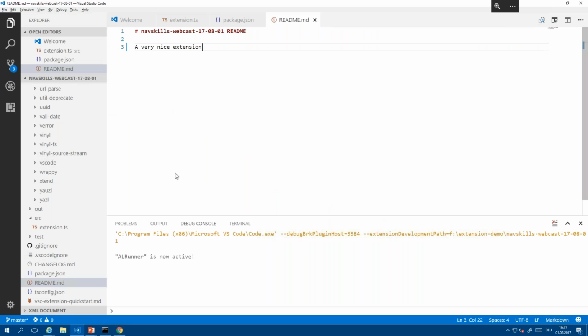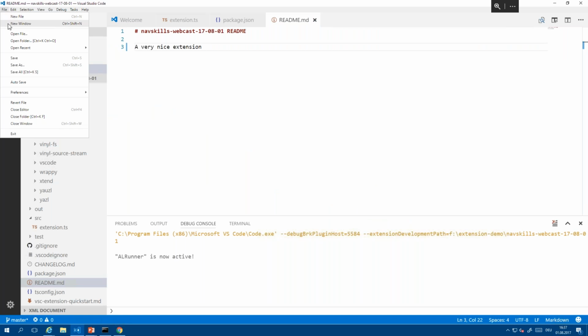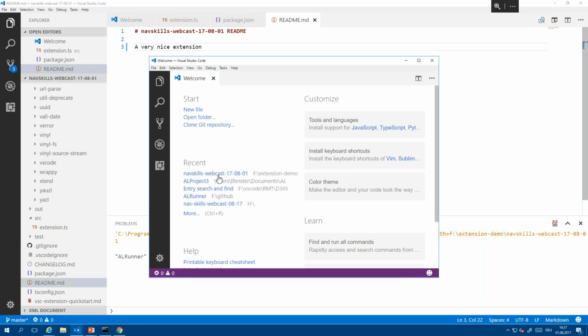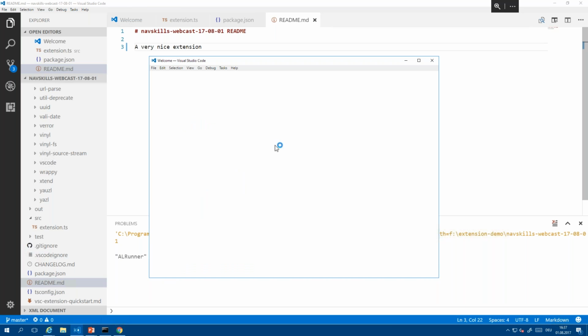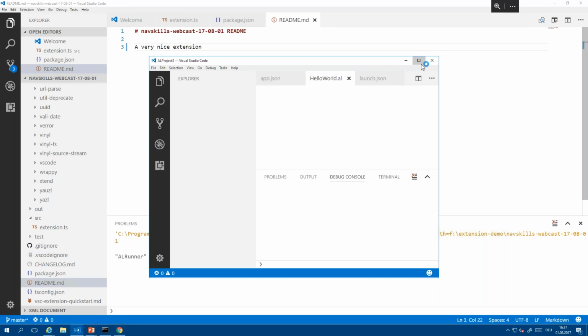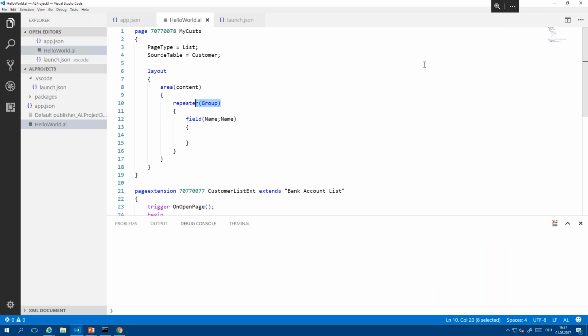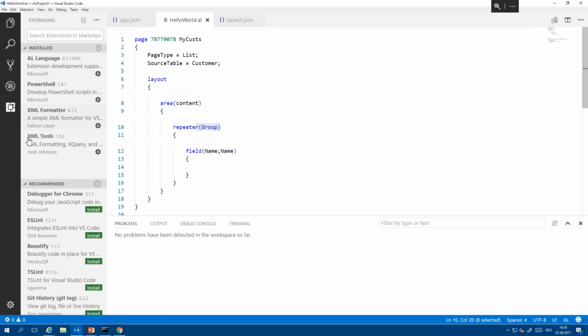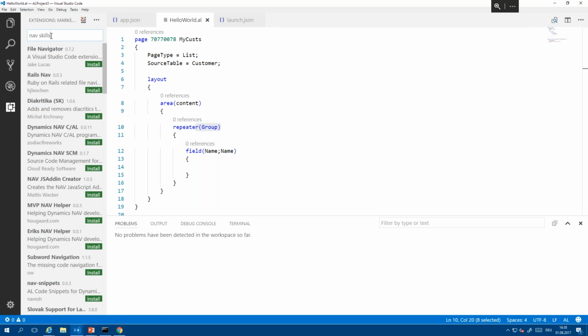For that, I'm going to switch back to Visual Studio Code, but open a new window, and open my AL project. Because this is now not the development environment and not the extension host, this one doesn't know about my extension yet. But if I go to extensions, you can see here those are the installed extensions, the AL one, PowerShell, and some XML tooling. And if I now search for NAV Skills,